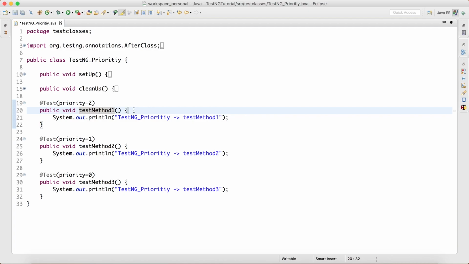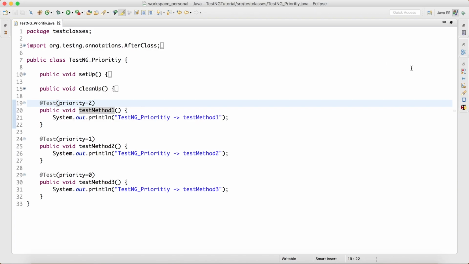They should be independent. They should run independently irrespective of the order they're running. My test method 1 may be running as the first test or it may be running as the last test. It should not matter. It should run independently and should not be affected by where it's running. But still, if we have a priority, then we can use this feature.